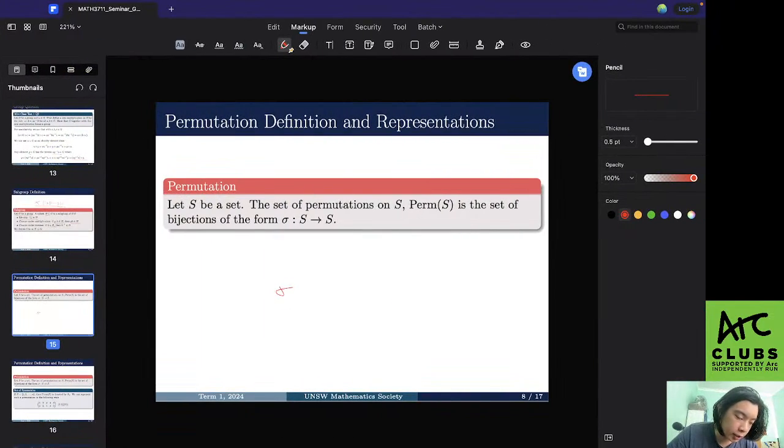We can have a sigma where we're taking a bunch of elements and maybe changing their order, right? If it's a bijection, that means every single element here has to be mapped to a different element here, and they have to be a one-to-one correspondence, which means that this will essentially just take all the elements on the left-hand side and then rearrange them into the new order